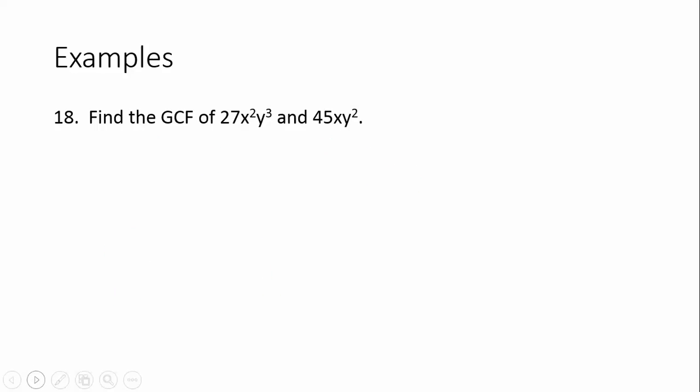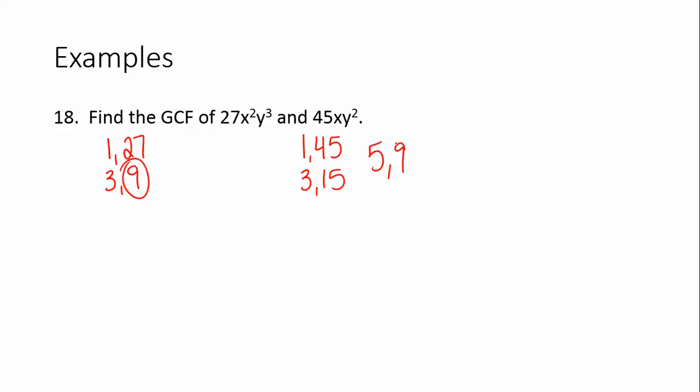Pause the video here and try this last one on your own. This one's a little more complicated. We have 27x squared y cubed and 45xy squared. So for 27, I'm going to list the factors: 1 and 27, 3 and 9. 45 is a few more: 1 and 45, 3 and 15, 5 and 9. So you can see that the largest factor in common